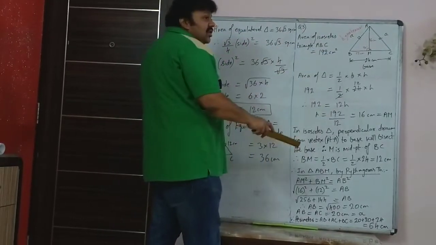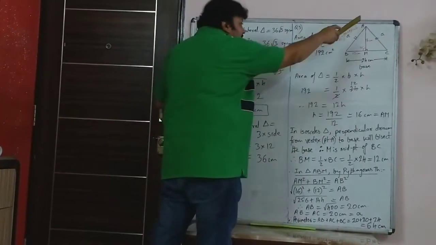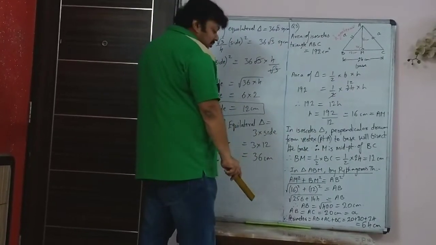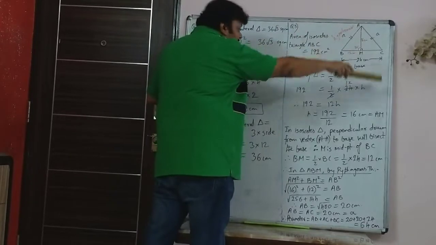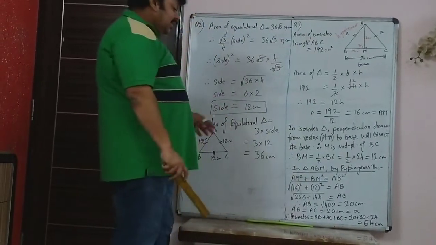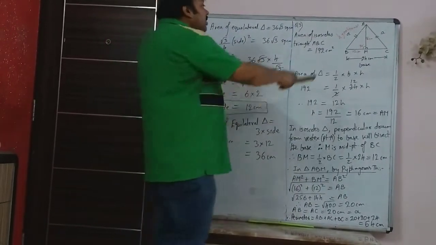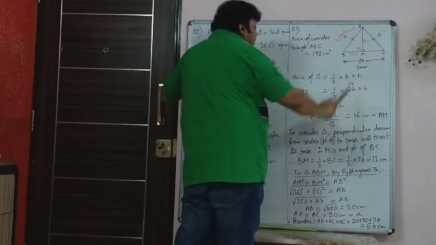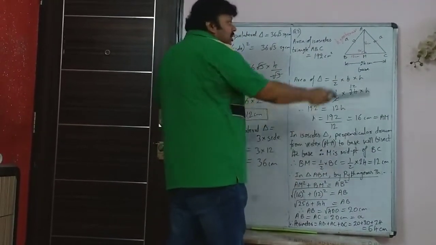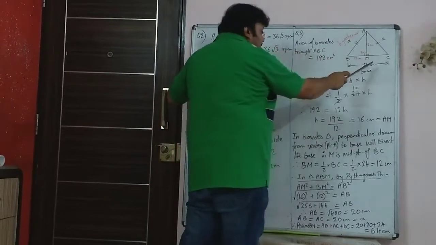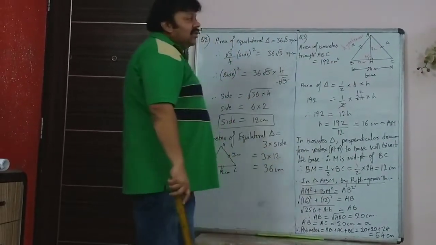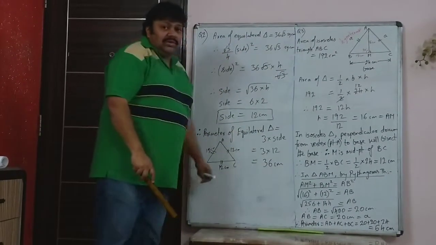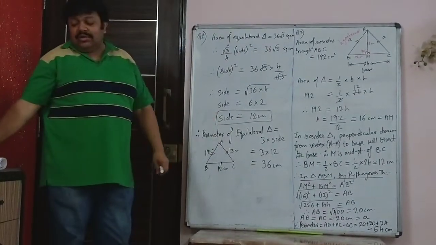Now this is an isosceles triangle. So AB and AC are both the same, 20 centimeter. So since AB and AC are both 20 centimeter, therefore the sum of all the three sides AB, AC and BC together is the perimeter. So 20, 20 and 24. 64 centimeter is the perimeter of triangle ABC. So we will go on to the sum number 4.